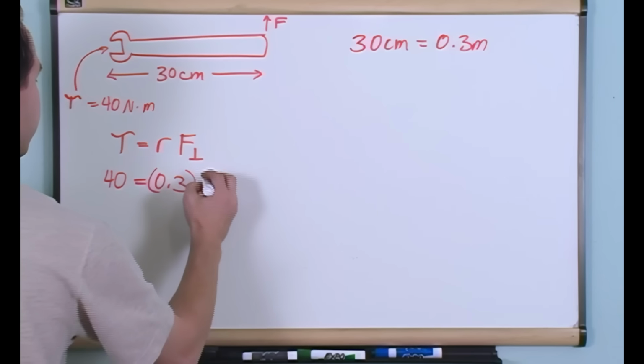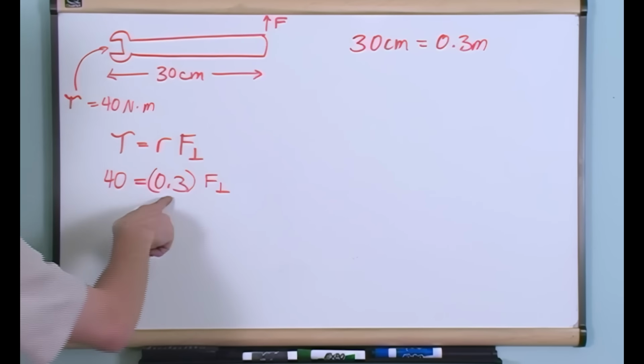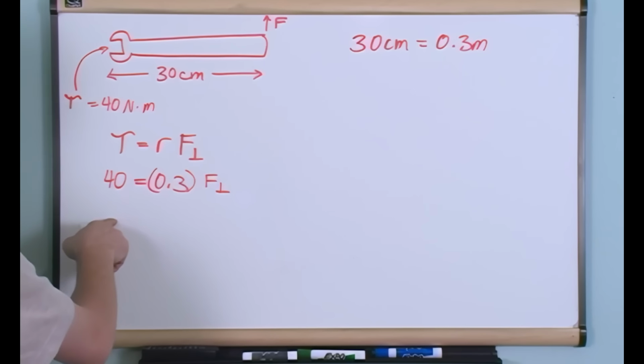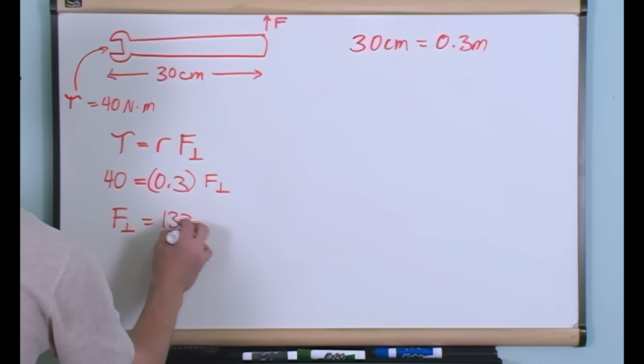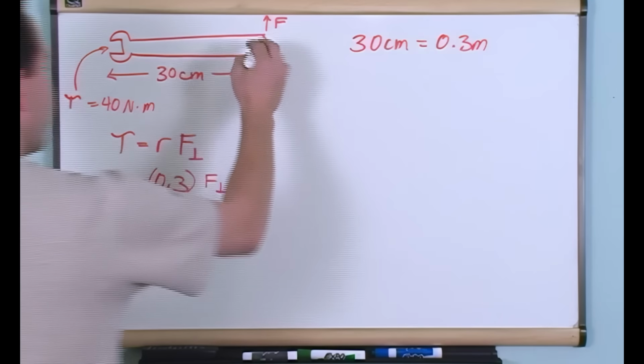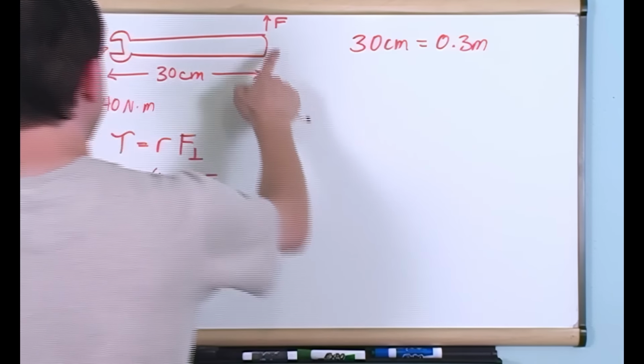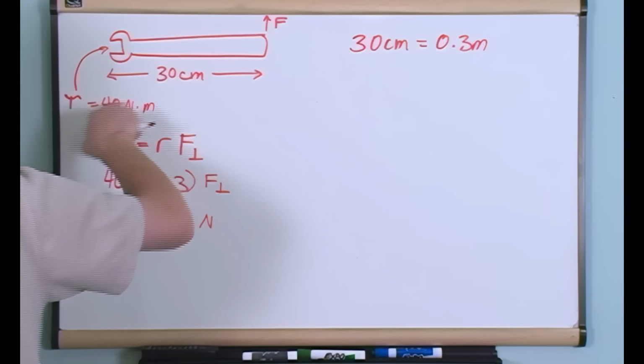0.3 goes in here, and then the perpendicular force required, if you just divide 40 by 0.3, is just going to be equal to 133 newtons. This is what you would actually feel yourself having to exert out here in order to generate a torque